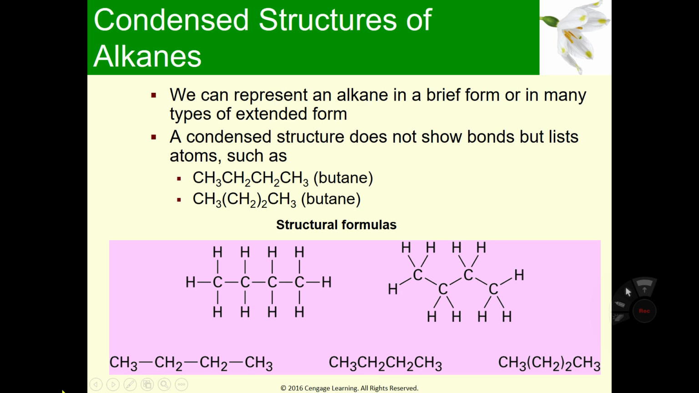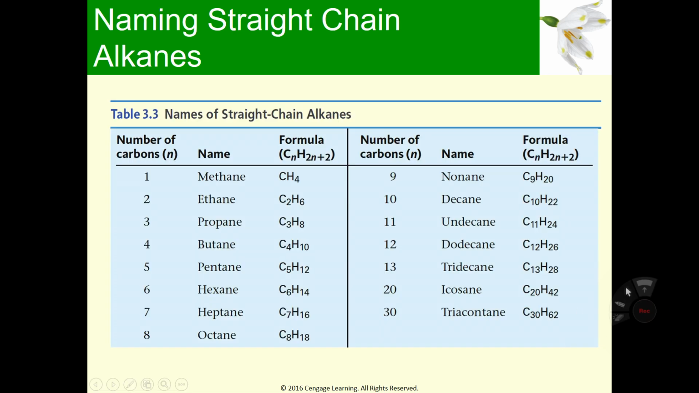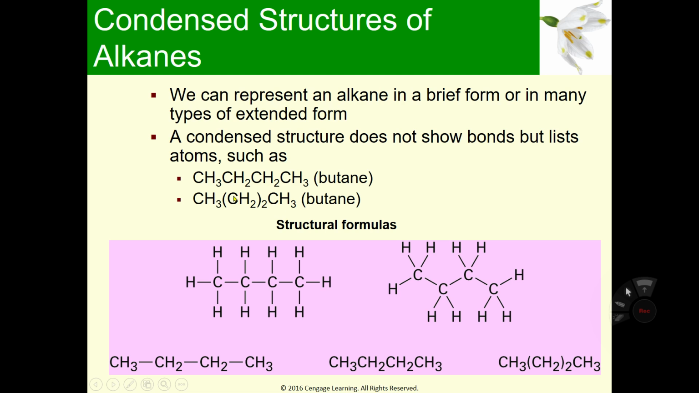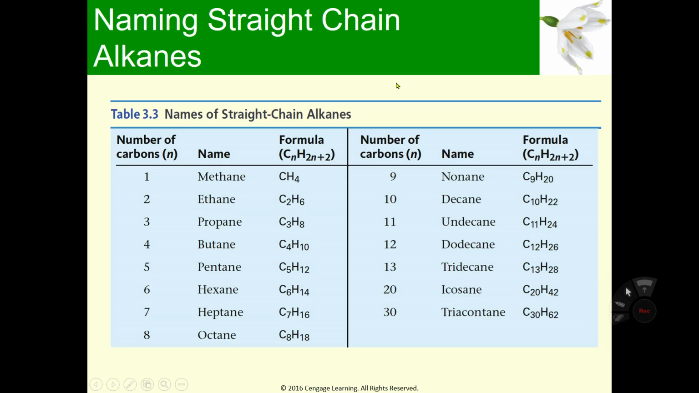Or sometimes you have 2 CH2s, so you use the bracket and draw the structures like CH3, CH2 twice, and CH3. There are several ways, but in this case, this is the simplest structure for butane. If we know the number of carbons, we can easily